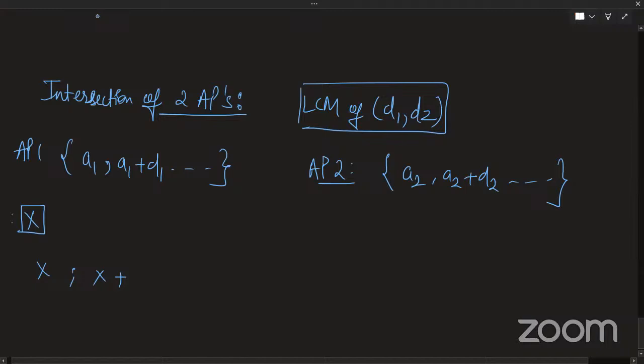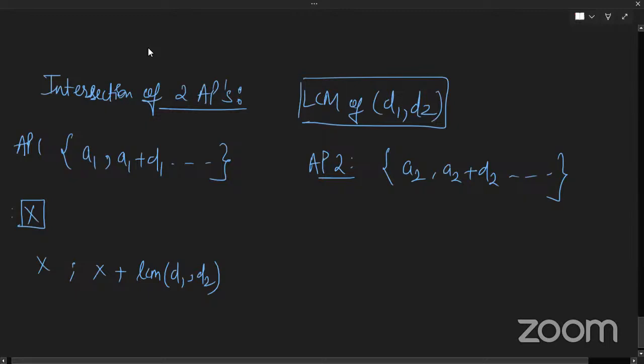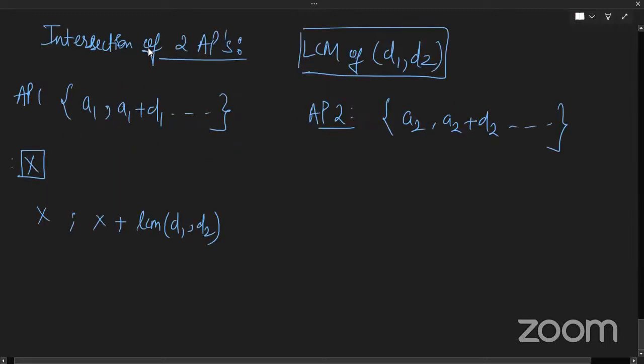LCM of D1 and D2. D1 into D2, sir? If X is the first term that is common,